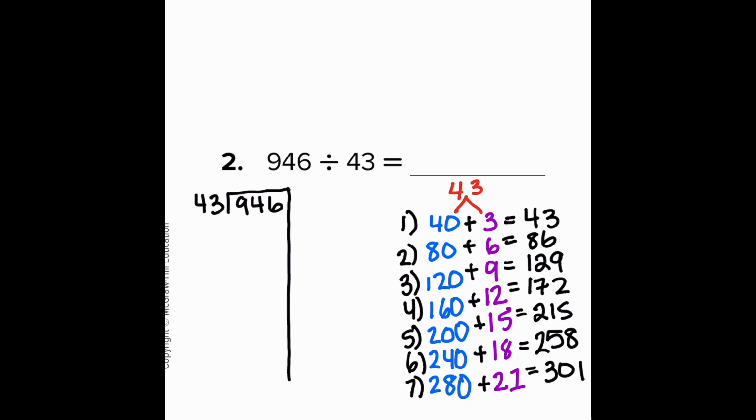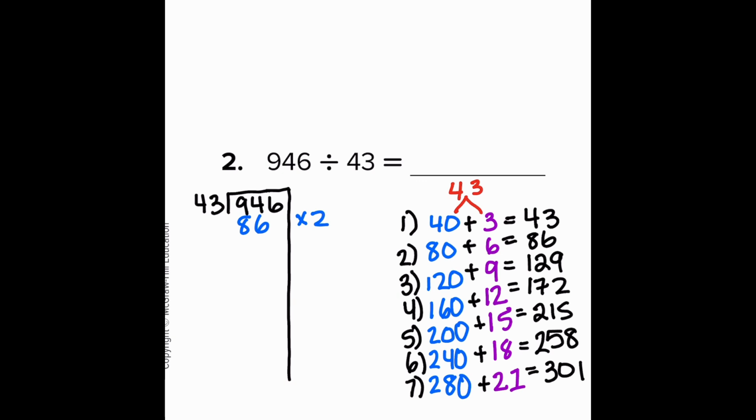Now I have to figure out how many times 43 fits into 946. It is a little tricky because if I kept going, maybe I could figure it out. But an easy way to do this is to figure out how many times 43 goes into 94. So I'm going to go down my list. It looks like 86 would be our best bet. 129 is too much. So I'm going to go ahead and write that down. It looks like times 2 would give me